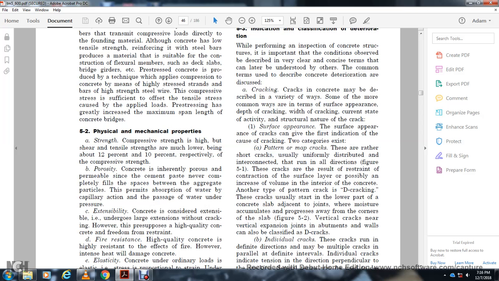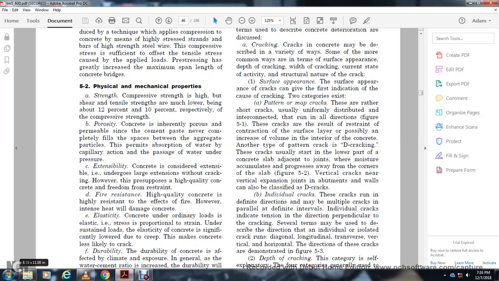Extensibility: concrete is considerably extensible and undergoes large extension without cracking. However, this presupposes high quality construction and freedom from restraint. Fire resistance: high quality concrete has high resistance to the effect of fire, with damage to the concrete only under intense heat. Elasticity: under ordinary load, concrete is elastic, with stress proportional to strain. Under sustained load,